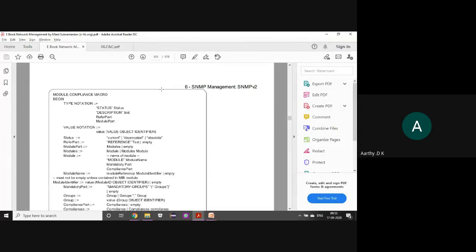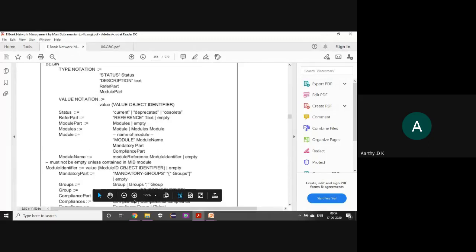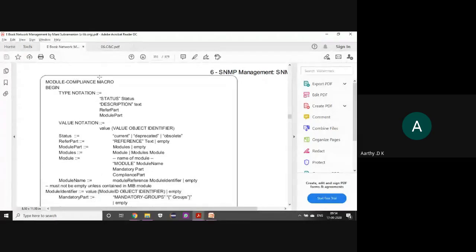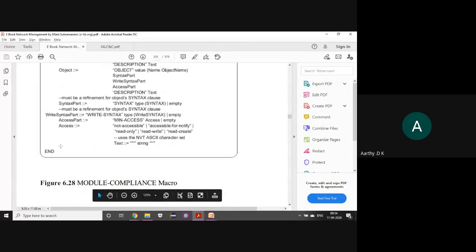And this is the SNMP module compliance macro. Okay, I think you are able to see, otherwise I'll just zoom it a little bit. So this is your module compliance macro. You have a begin and you have the end to indicate the beginning and end of the macro.